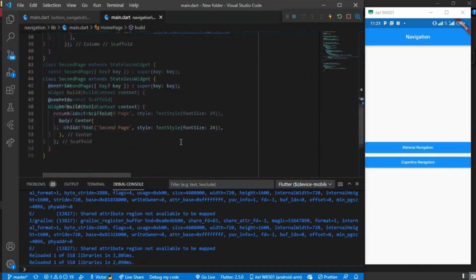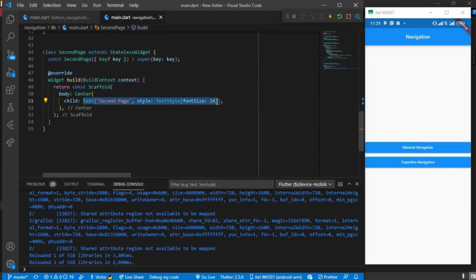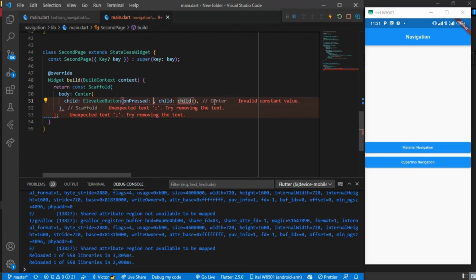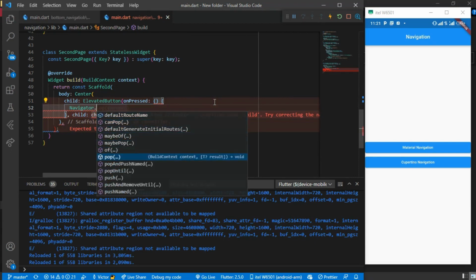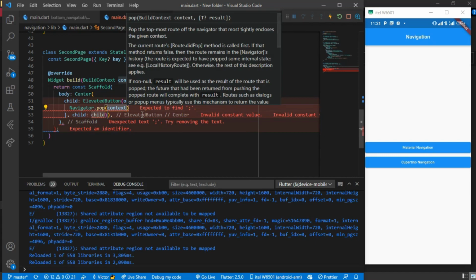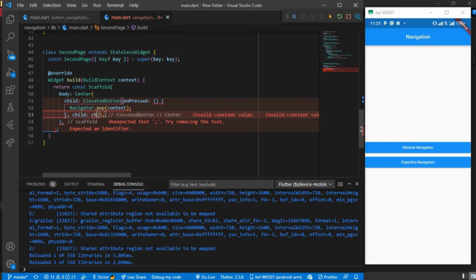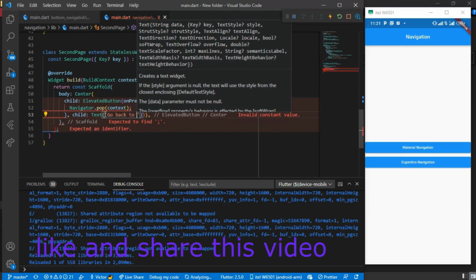So in my second, no, let me have a button here so that I'll be able to go back to the page. So here we have elevated button. When we press it, we'll use Navigator dot pop. Okay, and this is just it for this button. Now if we press this button, we will go back to our page, our previous page. So this will be go back to first page,